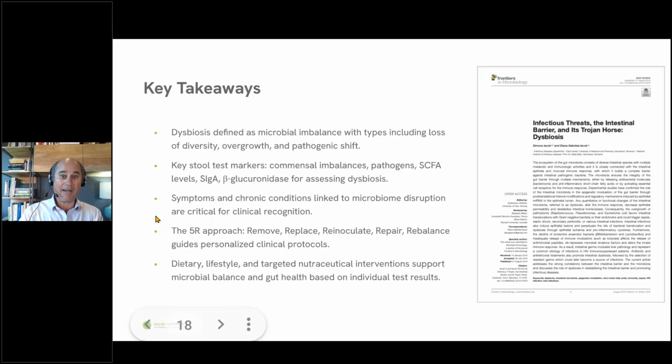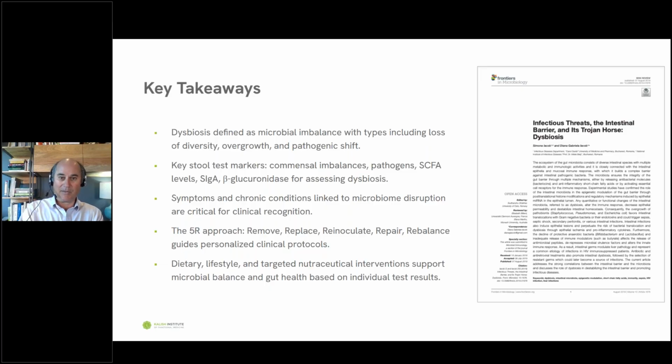Yep. And then you can use the 5R approach, and you should know this. I was kind of making fun of it, which is a little rude of me, because I used the 5R approach for a long time, but I just like the 3-body systems more. So you could totally do the 5R. It's removing the pathogen, then replacing with the good guys. Then replacing the things that are missing, like digestive enzymes and stuff. Then reinoculating, that's putting the good bacteria back in. Then repairing the gut lining, and then rebalancing the system.